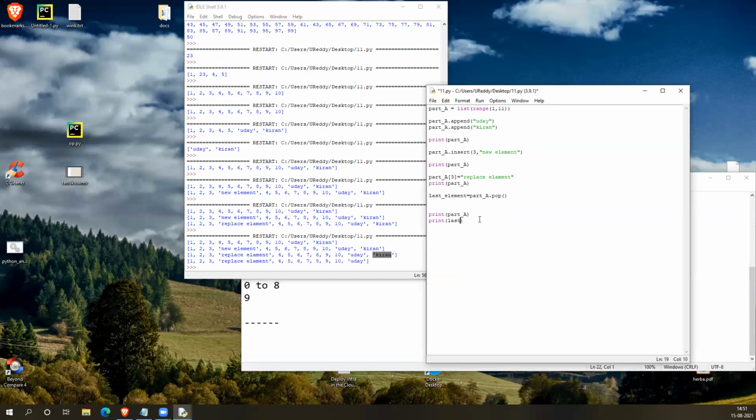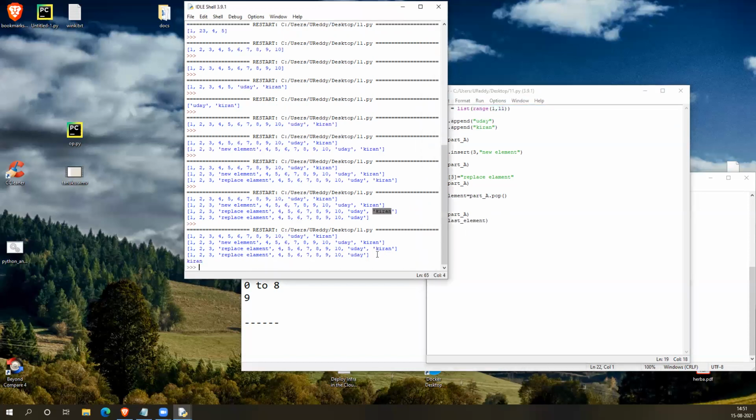It's like when you are removing from that container, you can store it in another container if you want. Let me run again. See, Kiran is removed from here, but it is picked up in this variable. Understood? So pop is just the opposite of append.